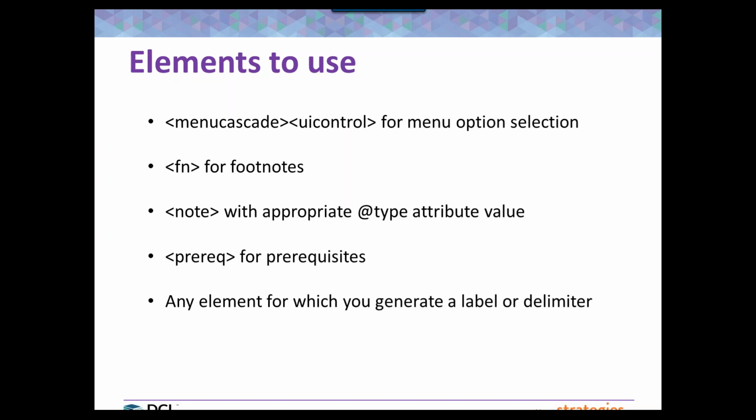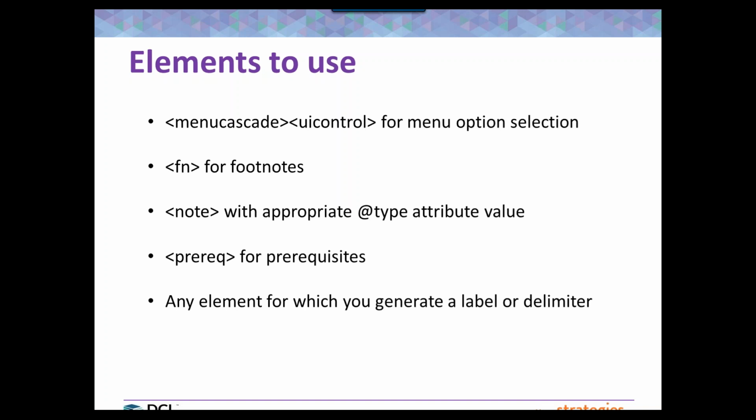Note with the appropriate type attribute. Again, the graphic that appears next to a note might be different if there is a graphic, or even how you present the label that in English says note. If you use the note element with the appropriate attribute value, that could all be automated. And again, it'll be clear for the translator, and it'll save you time when you're going to publish that translated